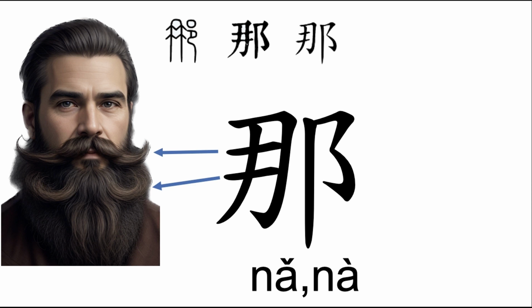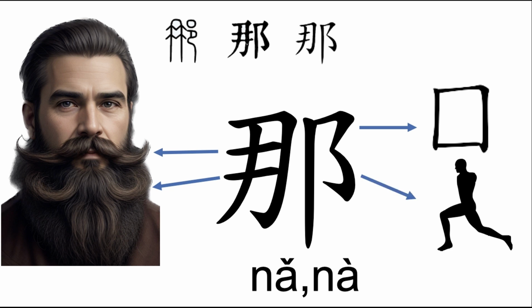During that era in China, people typically didn't have such thick mustaches and beards, so someone with such facial features must have come from a distant region. In the upper right part of the character 那, there's a circle representing the place of residence, and below it is the depiction of a person. Therefore, the entire image conveys the idea of people with thick mustaches and beards residing in a different region from the Chinese. This is the essence of 那. When we refer to our own place of residence, we say here,